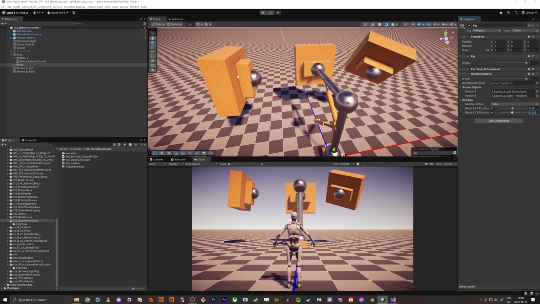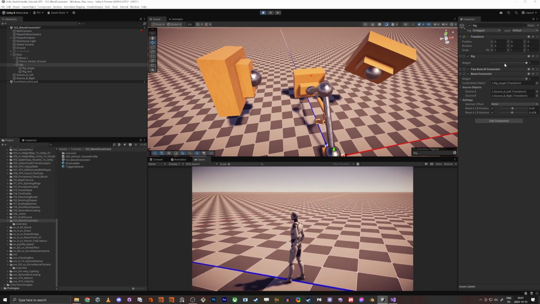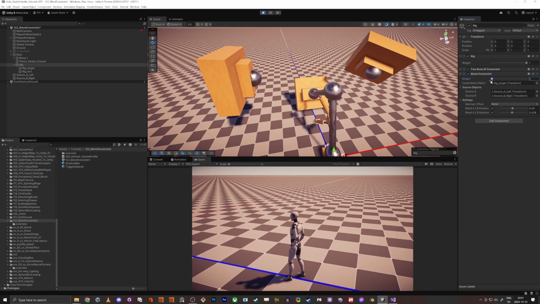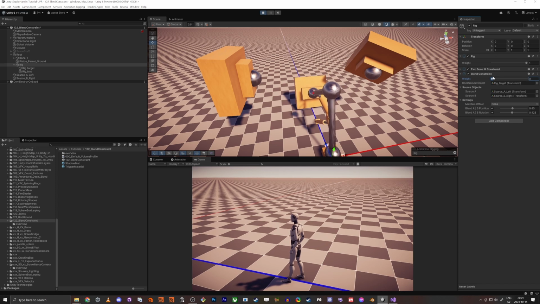So now we want this red dot here to be the one that we blend between these two. In the rig, we have the rig target that we made in the previous tutorial that's animating all this. So we just take this rig target and move it to the constraint object. Now if we play, with the blend weight at 0, it goes all the way to this animation. When we do 1,